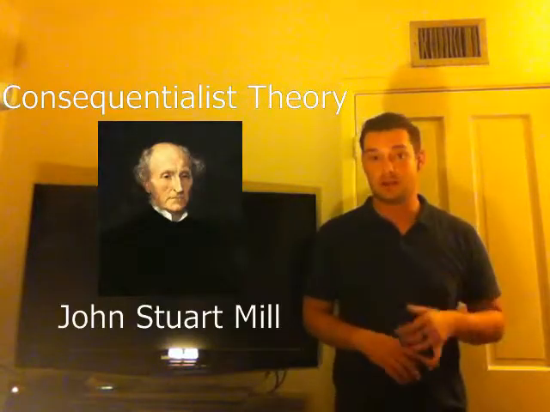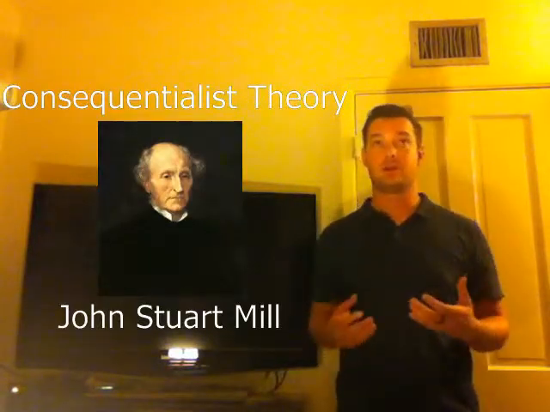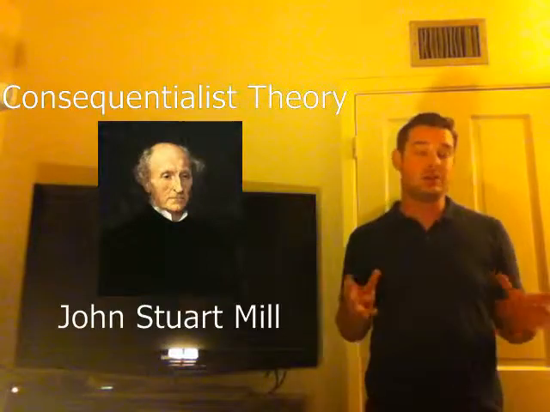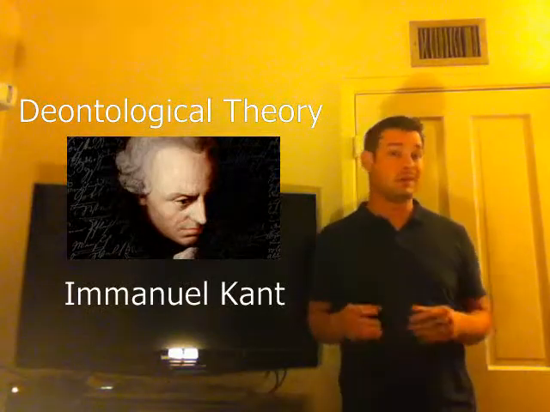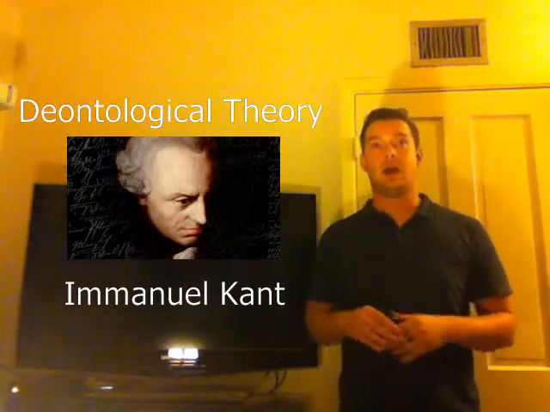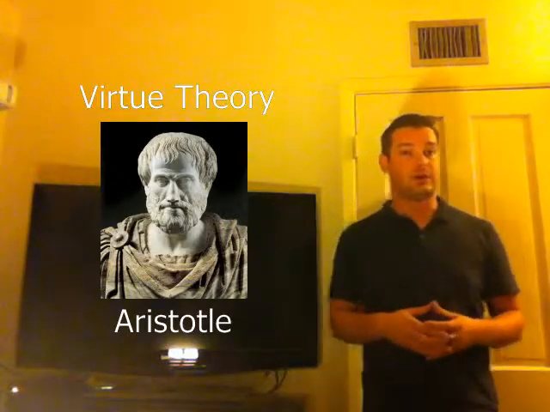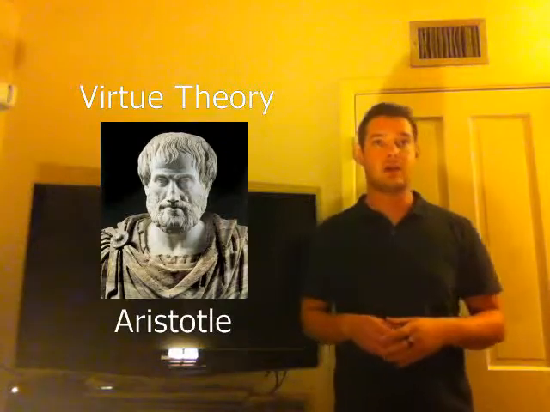First is consequentialist theory, as talked about by John Stuart Mill. And in it, it essentially states that the ends justify the means. Next is deontological theory, which Immanuel Kant spent a lot of time talking about. And that is that moral conduct is based upon your actions and then the intent behind your actions. Lastly is virtue theory, which Aristotle discussed, and that states that moral behavior depends upon what the decision says about